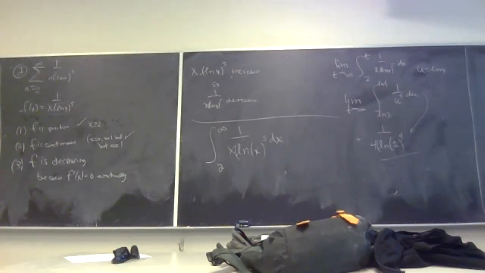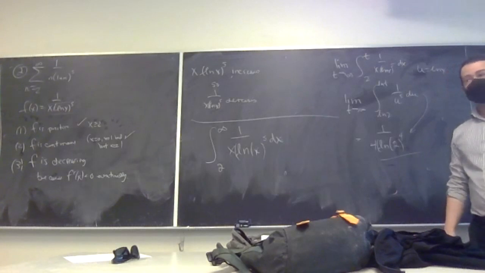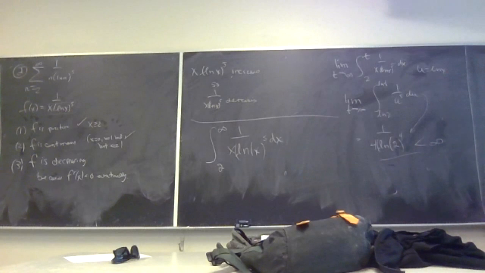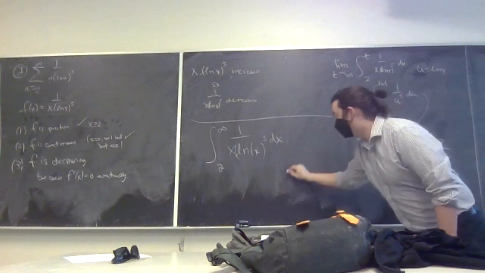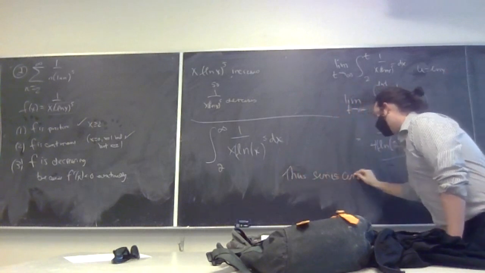What are the conditions on a number that comes out of the integral test? Just finite. That's all there is. This is finite, and so therefore, the series converges